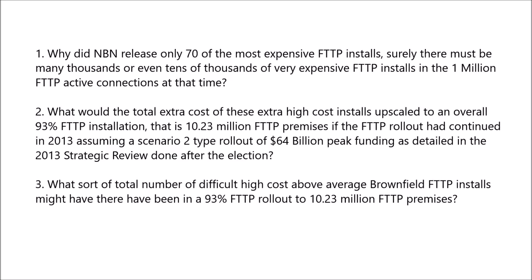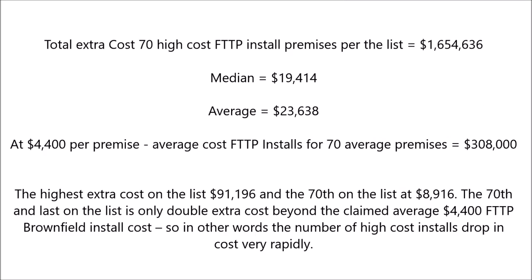Okay, let's start. First I took the cost data from the NBN list and put it into a spreadsheet. The first calculation I did was what was the actual total extra cost of all these 70 high-cost FTTP installs, and what is the total cost for 70 average premises at a standard claimed average of $4,400 brownfields FTTP install cost. I thought, wow, okay, that does look like a lot of extra cost beyond the typical FTTP brownfield install,